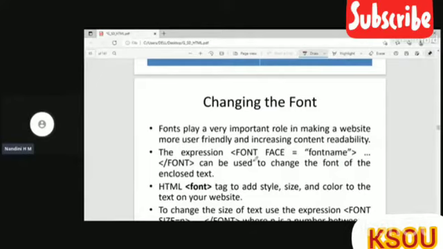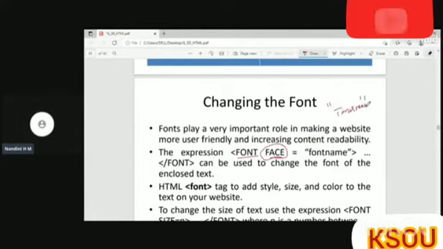Here you can see instead of style, we use font face in HTML. So this is the tag name and this is the attribute name. The attribute name is equal to, and then we have to give the value, right? We have to enclose the value within double quotes. For example, if I want the font face as Times New Roman, I have to specify it. And then I have to close the tag element. Only in the opening element, I can place the attribute name and value.